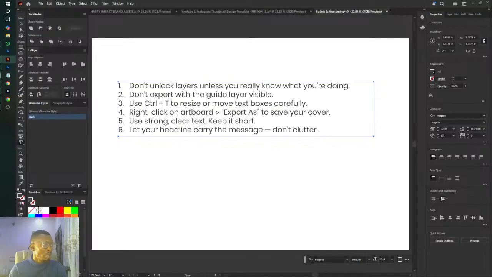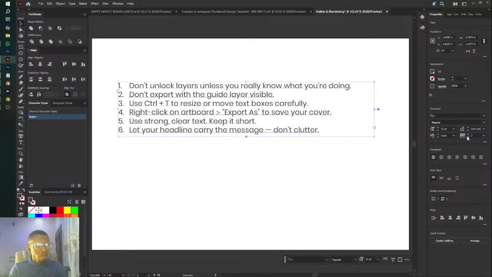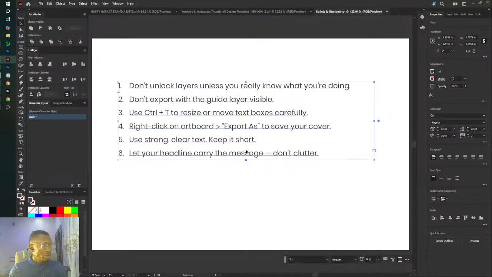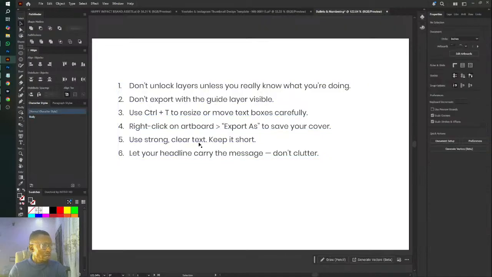So it's up to you now, of course, if you want to give kerning to this, you can select your kerning, and sorry, kerning, not tracking. You can select your kerning just to give it breathing space. Okay, this is a very good way to work with it. So I don't know if this